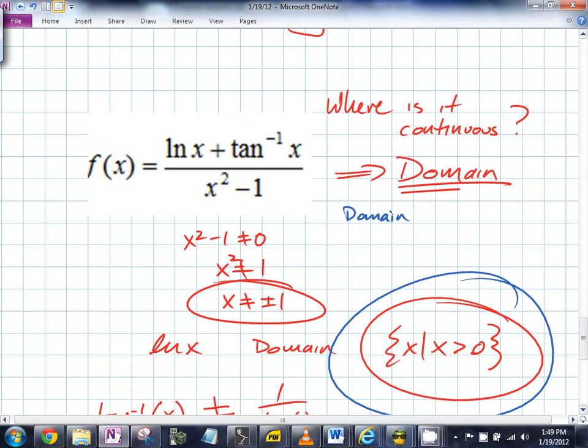You have three different functions that are glued together. You find the domain of two of them and the restriction that's placed by the denominator, and you find where they overlap. So here's the thing. Functions that are built out of these families are continuous everywhere in their domain. So if you're ever asked, where is this function continuous, what are you really finding? The domain. You're finding the domain because you know that those families of functions and every combination of them are continuous everywhere in their domain. Correct. Okay, let's